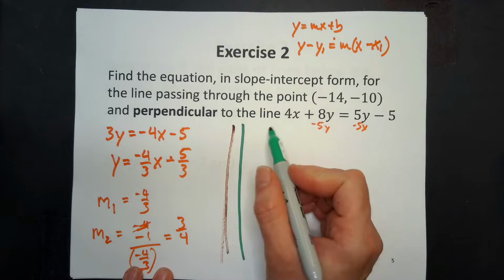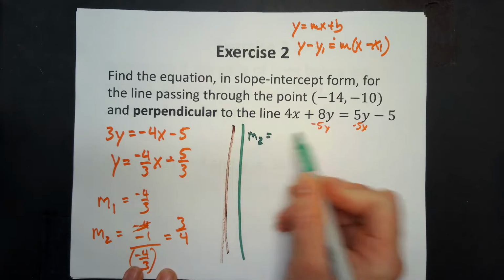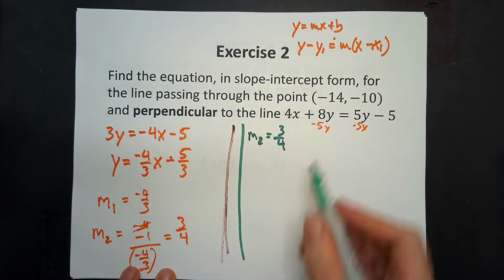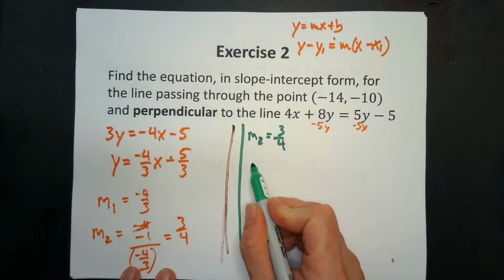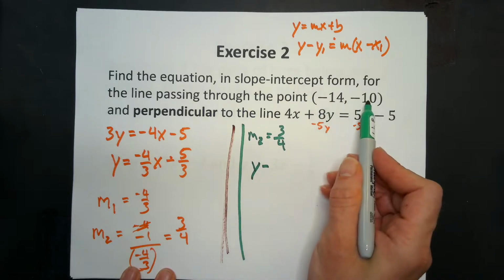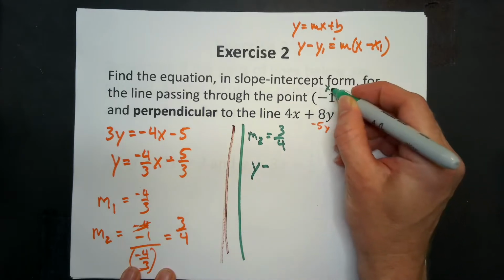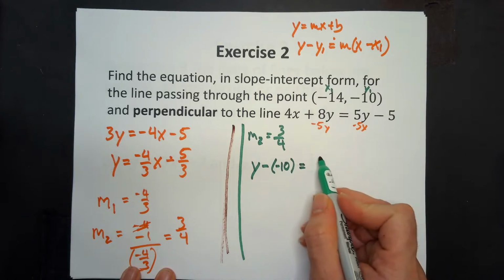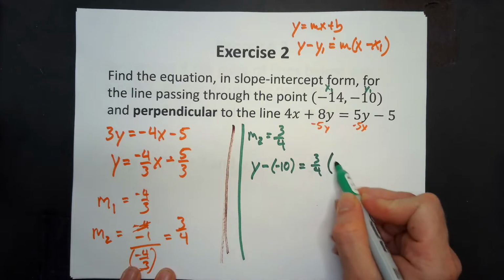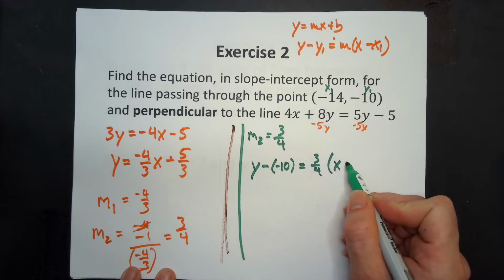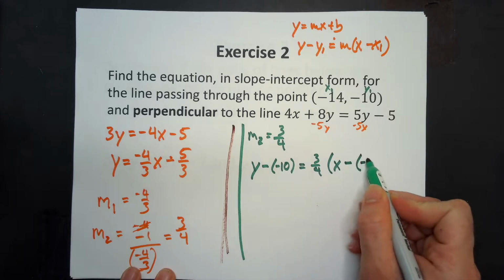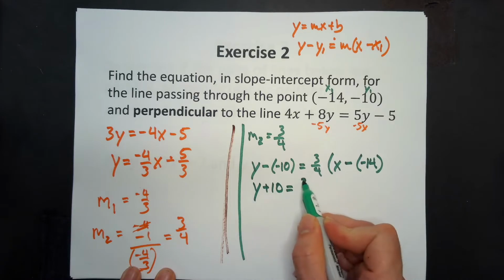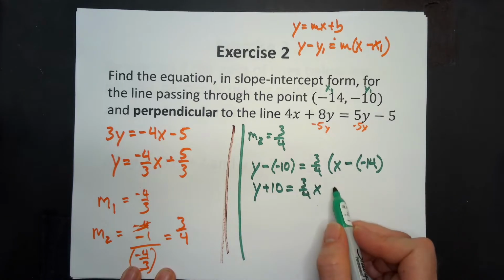them on me. So the slope of our second line is going to be 3 over 4. It's going to be positive. So now I'm going to use these points. So I'm going to say I have y minus, and this is going to be my y1, this is going to be my x1, and that's going to be a negative 10, and this is going to be equal to 3/4 x, and then I'm going to have 14 here. So I'm going to get y plus 10 equals 3/4 x plus 14,